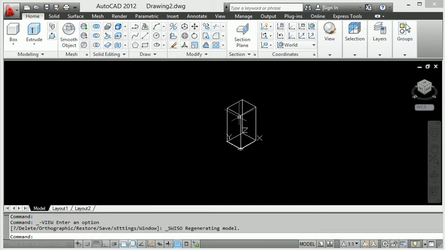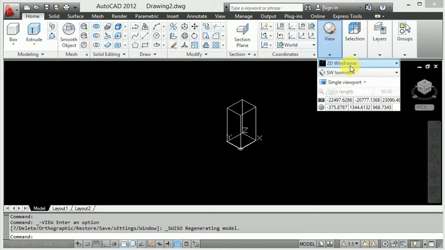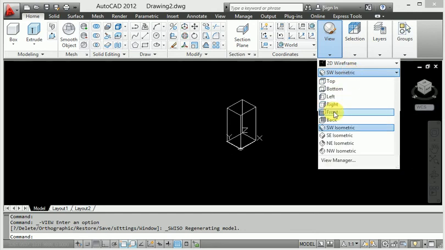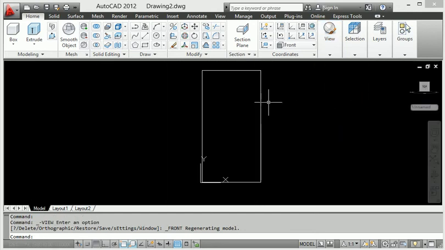When I want any design, first of all I get the selection in view here. When I select front view, I get the front view. Then I make a circle here.